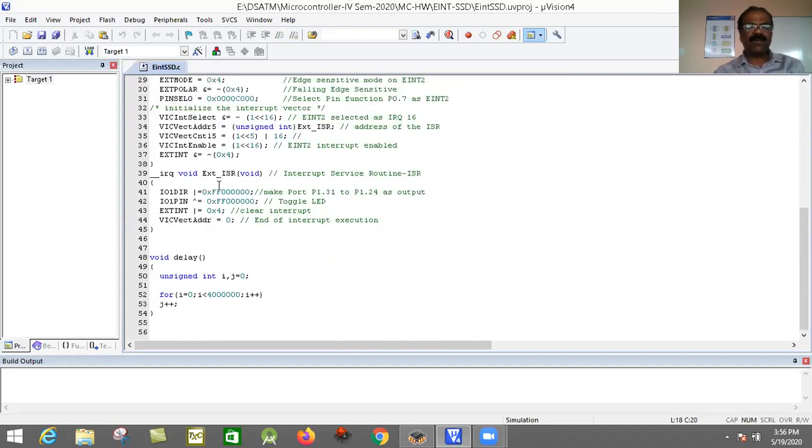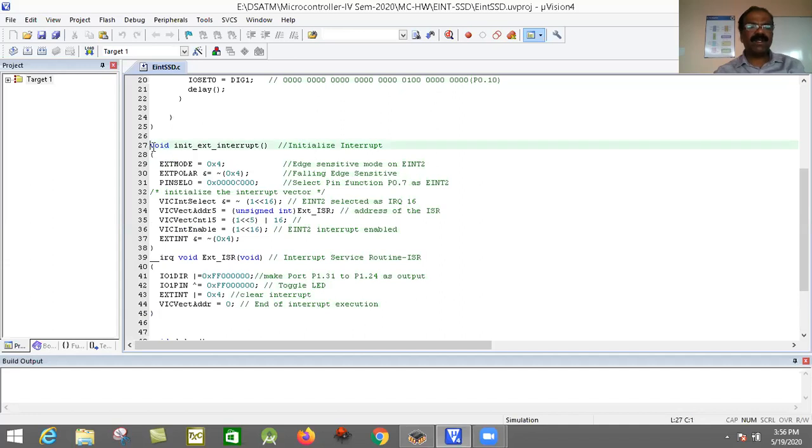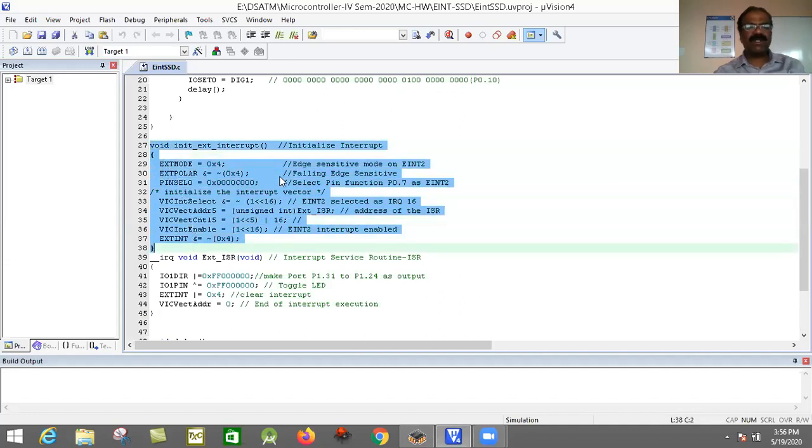What is your subprogram? What is your ISR, interrupt service subroutine? It is a program to toggle 8 LEDs. That is the purpose. Here, this is a delay program, actually the delay program for your 7 segment display. And starting from here to here, it's code to configure your interrupt system. I explained everything in detail. If you have any doubts, you can write in the comment section, and we'll try to solve it.